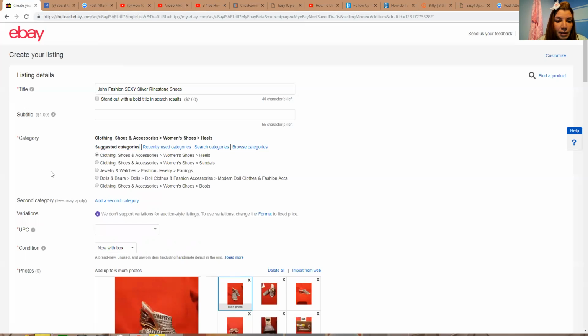Not really heels, or like wedges. Okay. So you touch a computer. So it says you can have a second category if you would like. You can add fees if you know the UPC. Now this is where this comes in handy, because